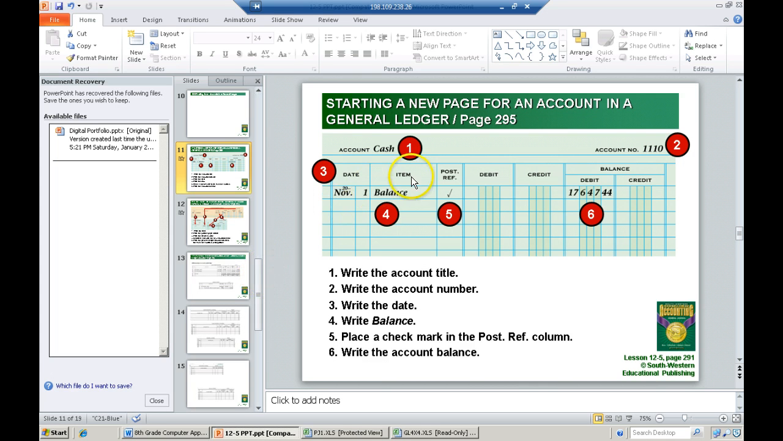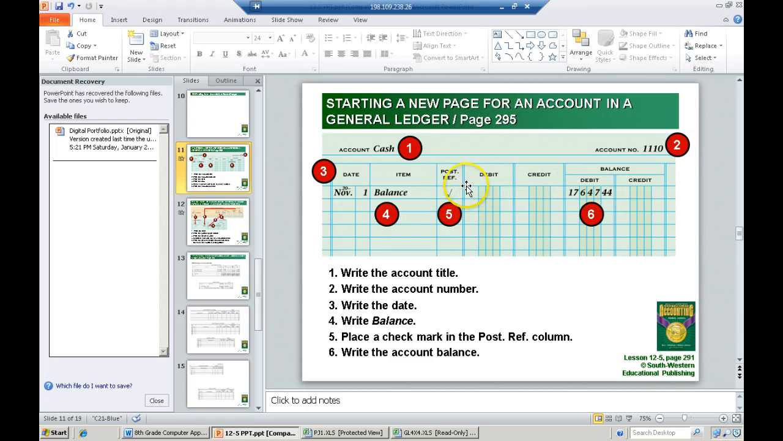So again, starting a new ledger account, this is what we just did. We're going to write the account name and the account number or ledger number. We're going to write the date and the year, or put it in our spreadsheet, whether we're using Google Docs or Microsoft Excel. We're going to write the word balance. We're going to fill this in with black or put a check mark to note that we don't have to post,